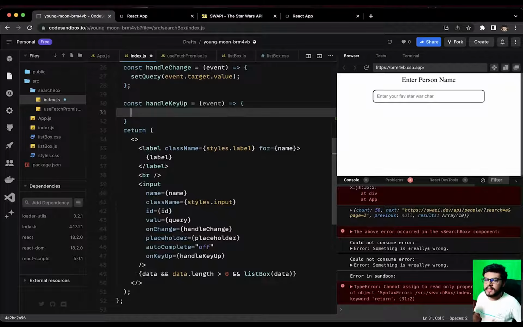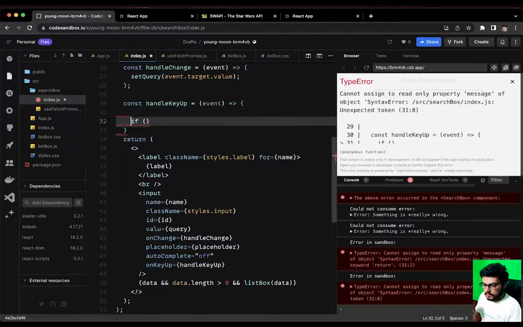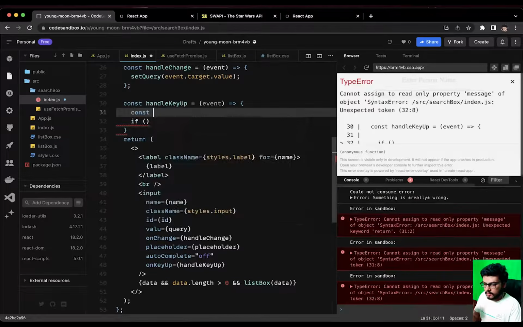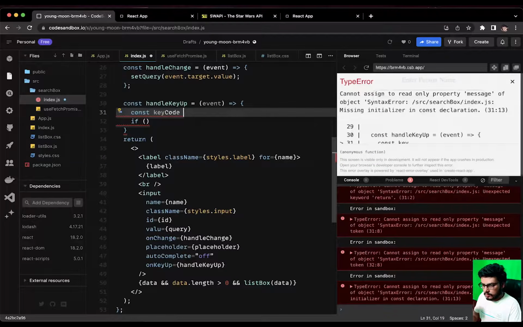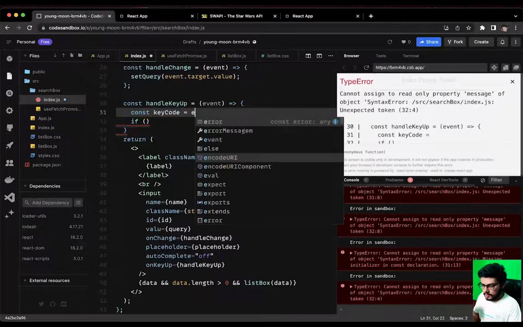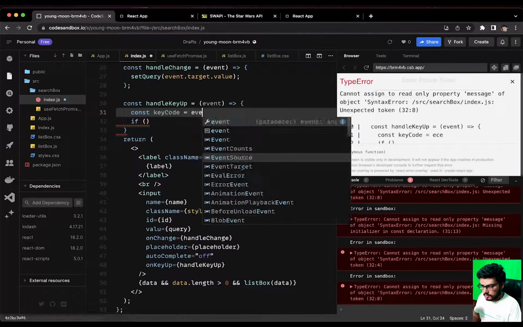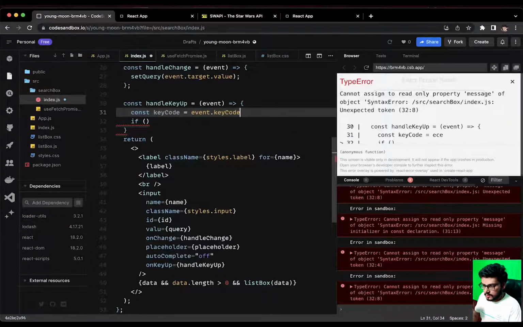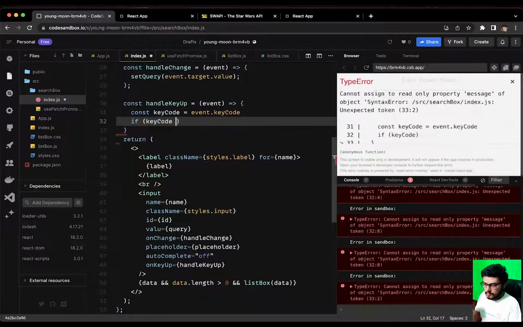So user can enter on it. You can go up and down on it. These are the two things that we have to care about in this handle key up function. So first of all I get the const key code equals to event dot key code. Okay. If key code equals 13,